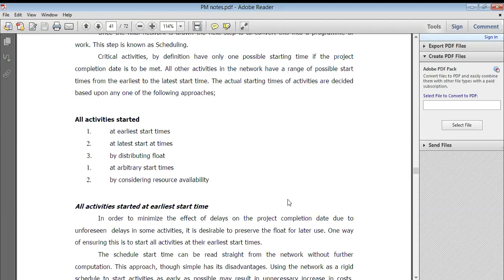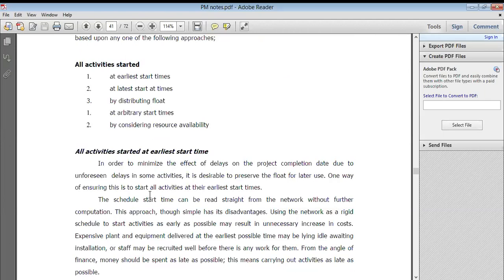So that you start, everything you require, that is earliest start time, latest start time, disturbing float time, whatever the reasons you have mentioned in your book. Then arbitrary time, sometimes it happens, and by considering resources availability, if you have all figures, then you calculate a perfect float, perfect critical path, right? Sometimes if you did it on time, its critical path will be mentioned; if you start early, its calculations will be mentioned; if you start late, its calculations will also be mentioned, because all figures are mentioned on that particular chart.